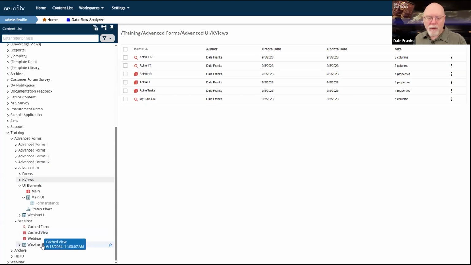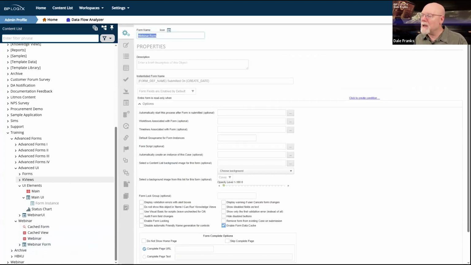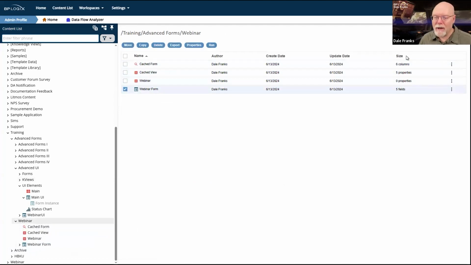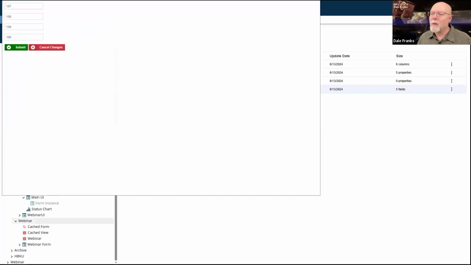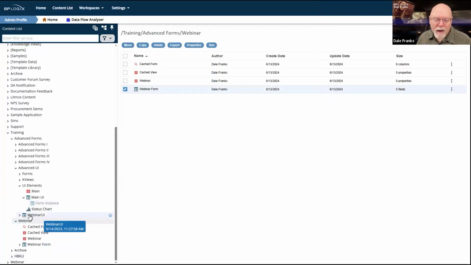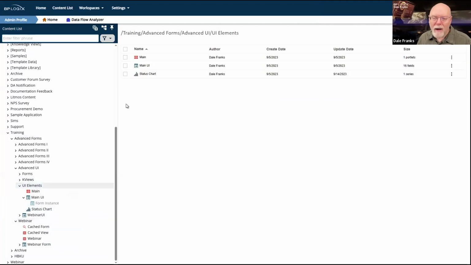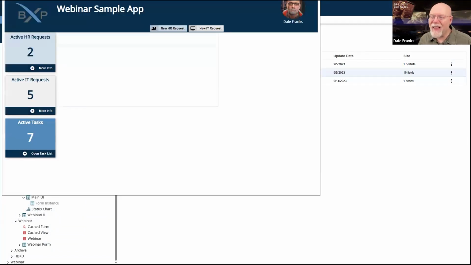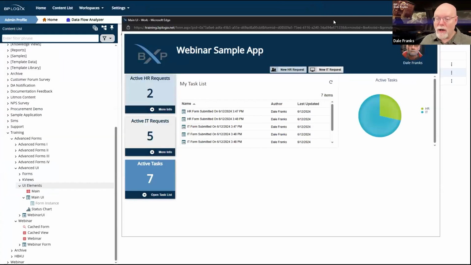So when we look at the form, and perhaps I probably shouldn't do it this way, I'm just going to go ahead and run it. Well, I hit OK instead of update and run. Let's try that again. Wrong form. Let's run that form. That's the form we wanted to run. And by the way, it is a form. Notice I can run it. It literally works right like a form, right from my content list.